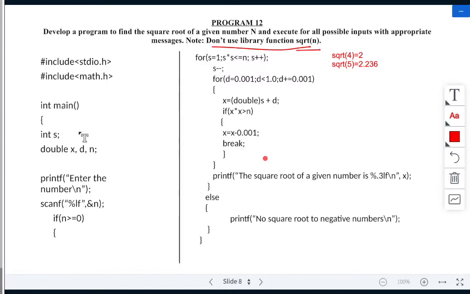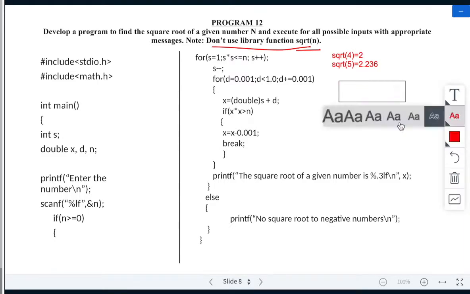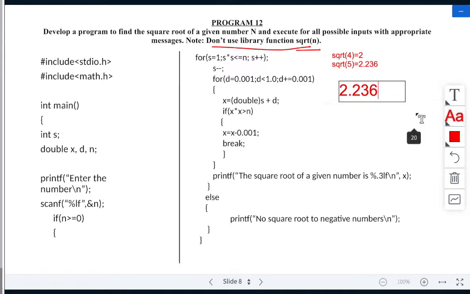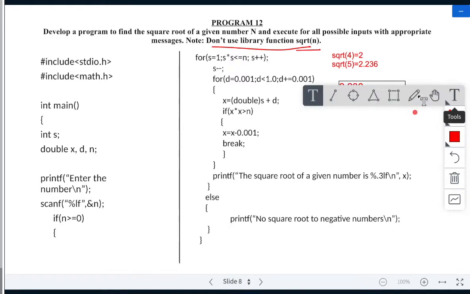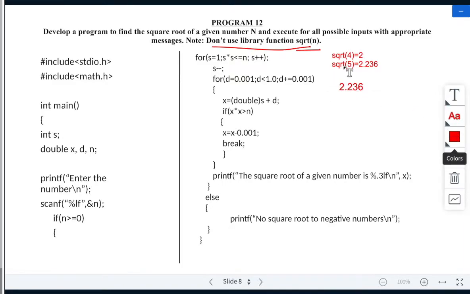So I'll explain the variables. Here, 2.236 is the square root of 5.